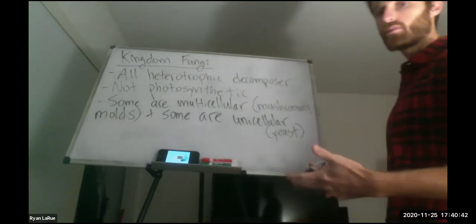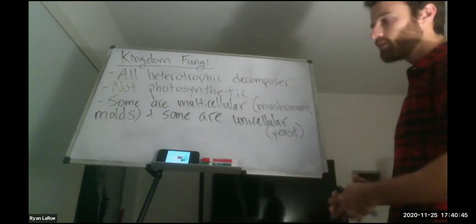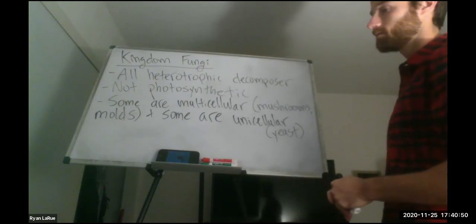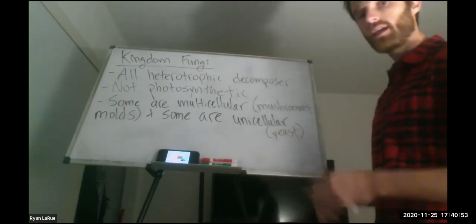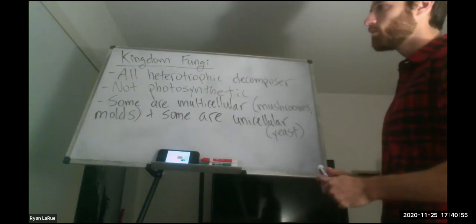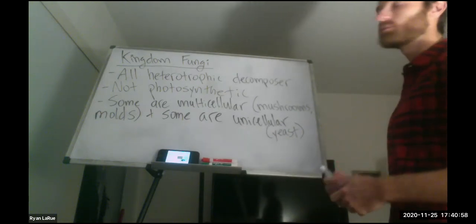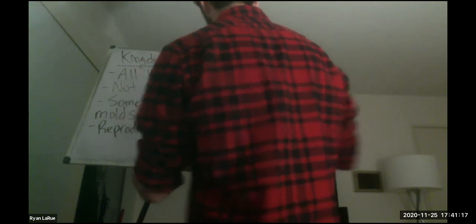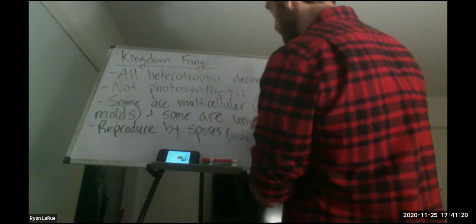So fungi reproduce in a new way. So we've talked about reproduction a bit. Sperm and egg coming together. We've talked about cells dividing by mitosis, asexual reproduction. We're going to introduce a new sort of thing today, which is spores. Spores are used by fungi to reproduce. Spores are kind of interesting. So fungi reproduce by spores. So that's going to be our molds and mushrooms, and we'll talk about these mechanisms in detail. These are our molds and mushrooms that do that.